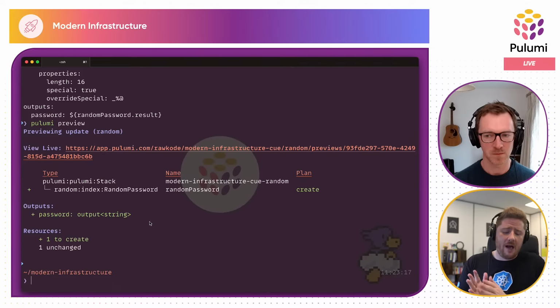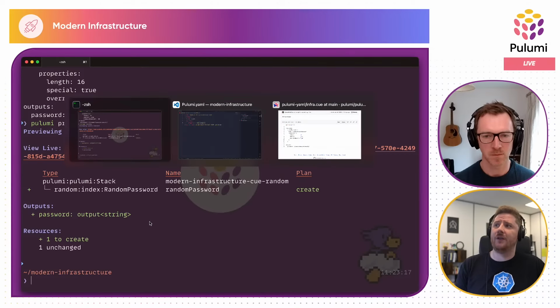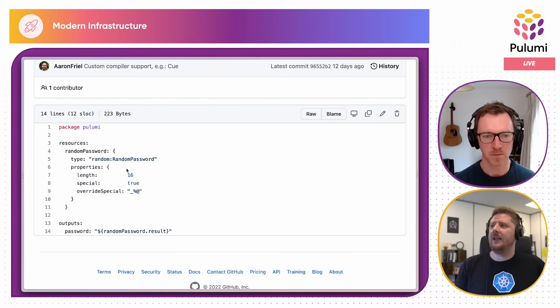Because typically what happens is if we have a Go project, then our go.mod tells us all the providers that we need. If we have a TypeScript or JavaScript project, we have a package.json. All of our languages actually describe the dependencies through a file, which we don't have with YAML. So the engineers actually built some magic provider detection and plugin installation all into it. So that, in fact, we could jump over to here.